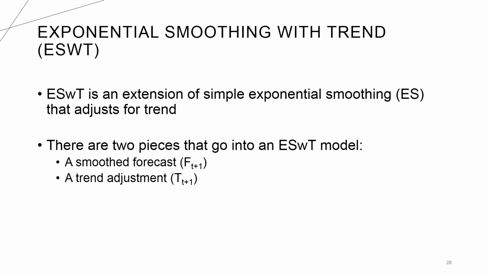If there's a trend and we're just smoothing it based on error, then we're always going to be behind the trend. If our actual values are going here, here, here, here, here, here, like this,